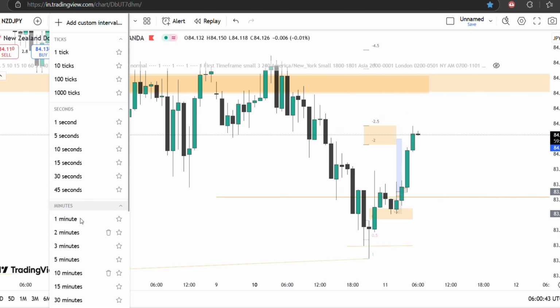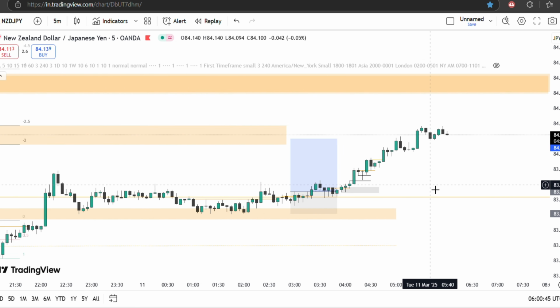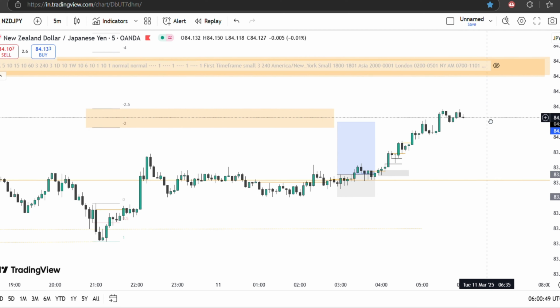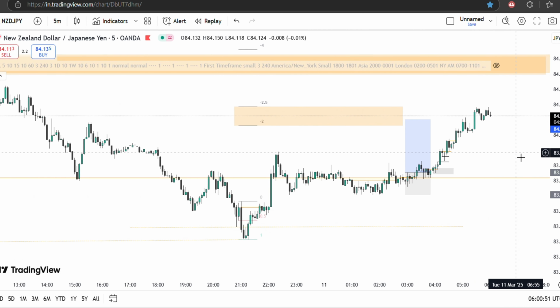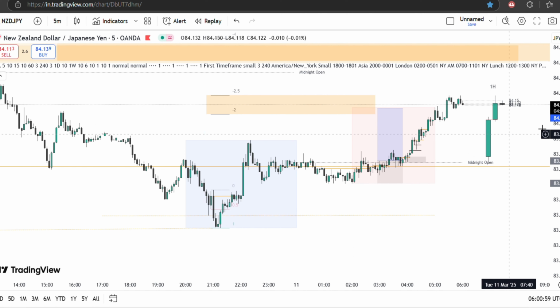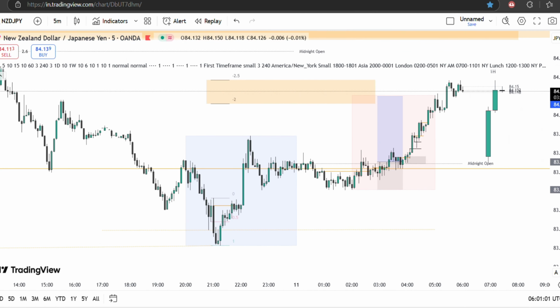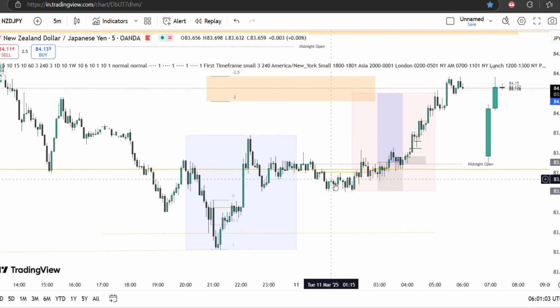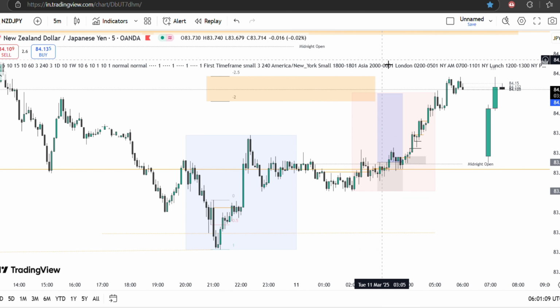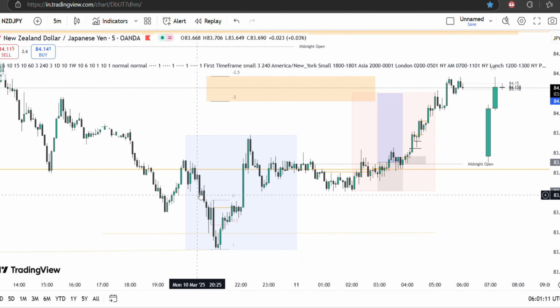So I went to the 5-minute time frame, and according to ICT, if we are bullish, we want price to go to manipulate below the midnight opening, and vice versa if we are bearish, right? So if you are bullish, we want price to manipulate below the midnight opening before it moves up, and if we are bearish, we want price to manipulate above it. But in this situation,